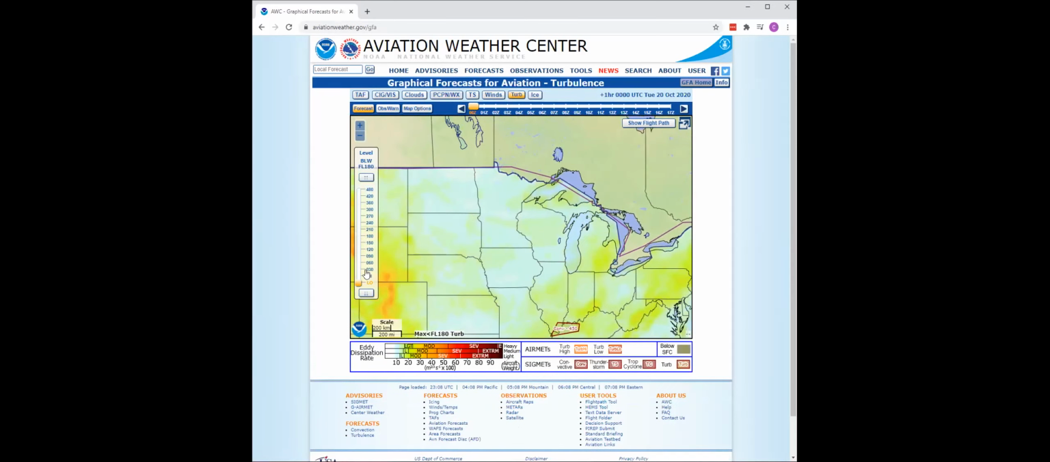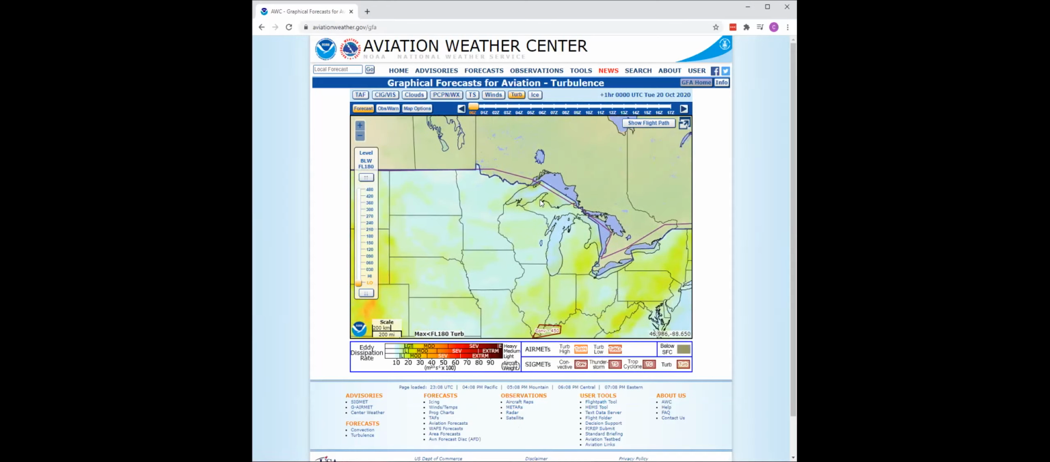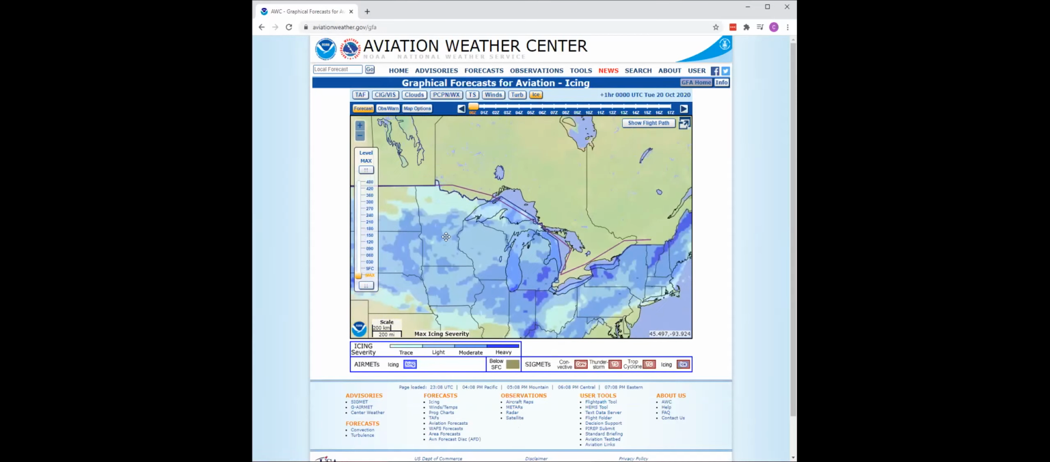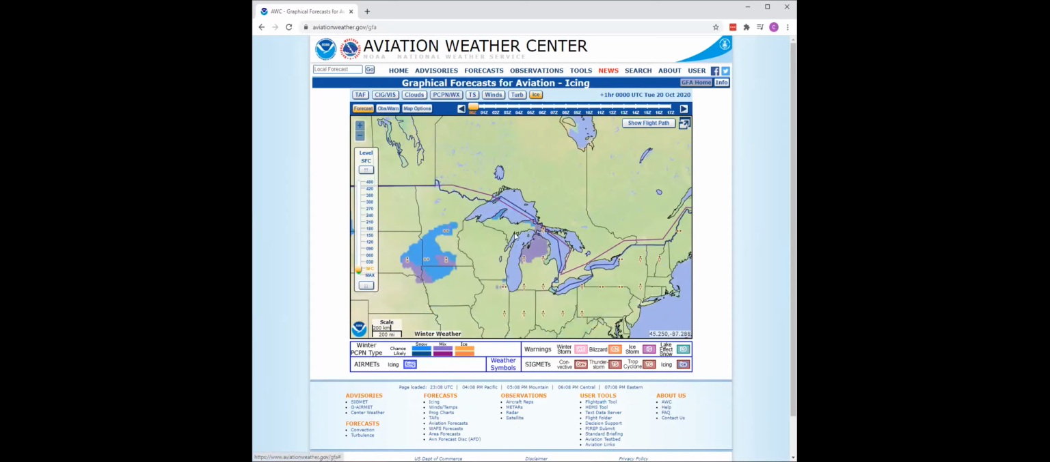You can also get the potential turbulence. It's kind of the same thing. You get different levels you can fly at, and you can go out in the forecast period. And icing. Right now, the icing potential at the surface,